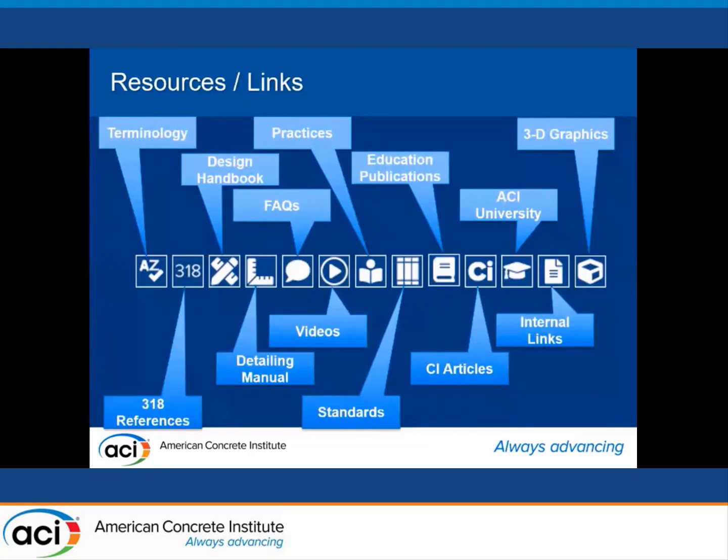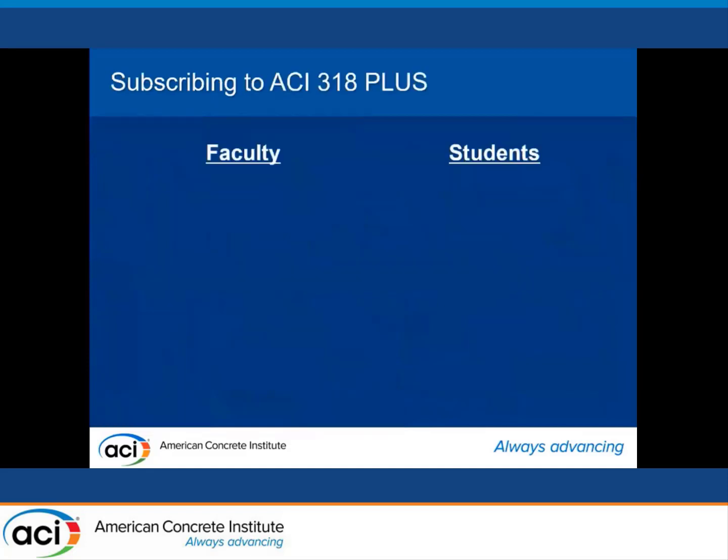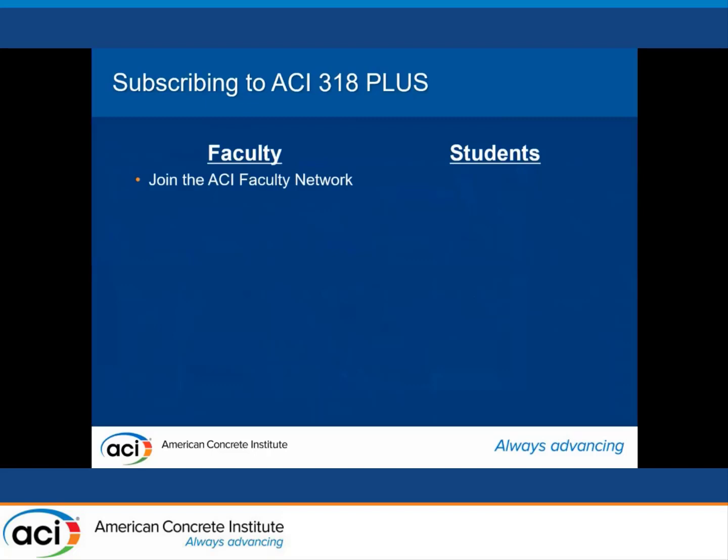All of the different types of links, again, each of them have a little bit of nuance, so I'd encourage you to go ahead and play with it and see how those work. To get access, first you would have to be a member of the faculty network. Well, you don't have to, but it's very beneficial for you to join the faculty network,